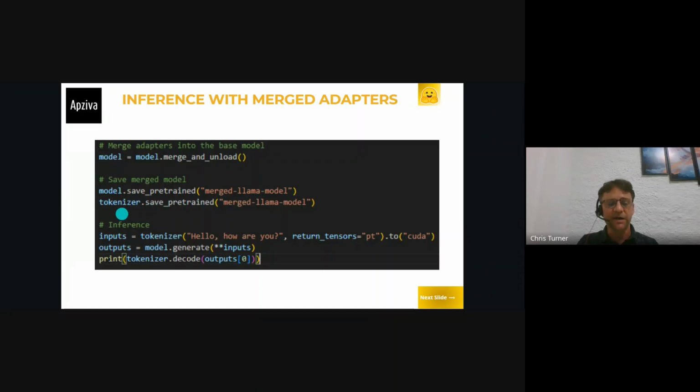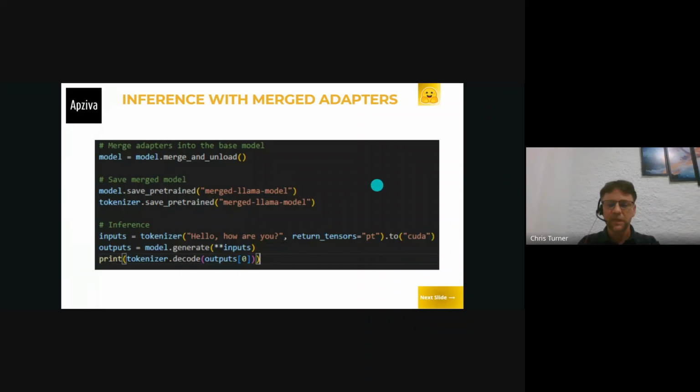We will get a tokenizer from our model, and then we follow the same path here. We get our inputs, "hello, how are you?" We pass those inputs with the generate function to get our tokenized outputs, and then we tokenize the outputs variable to get the human readable version or the answer or response from the model that we have merged our adapters into.